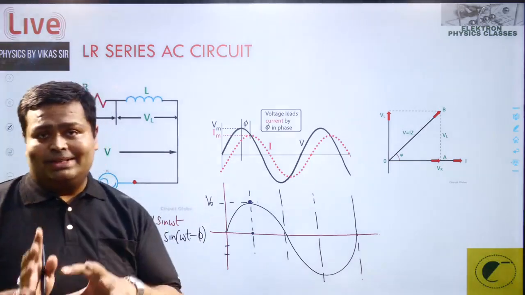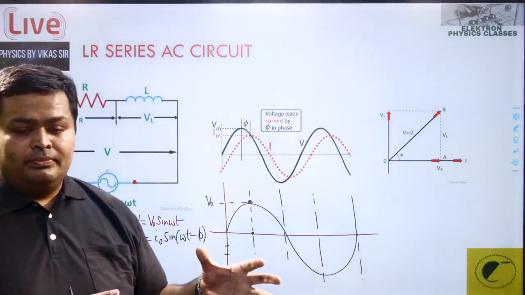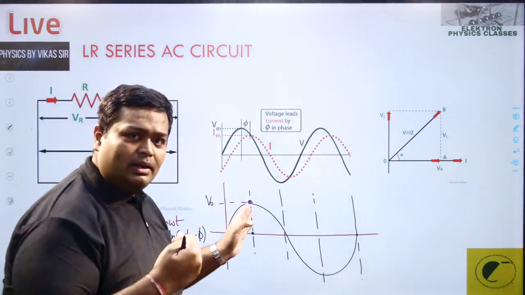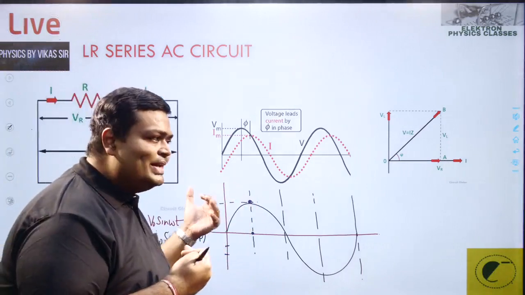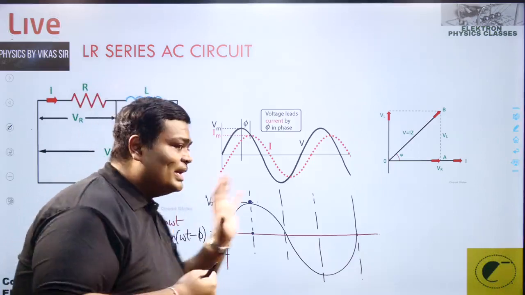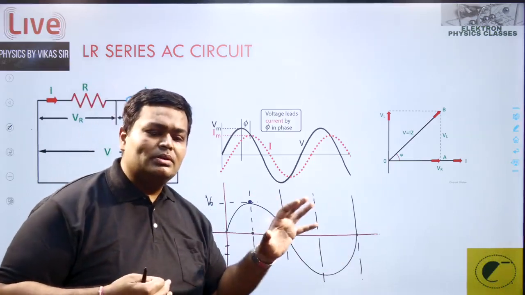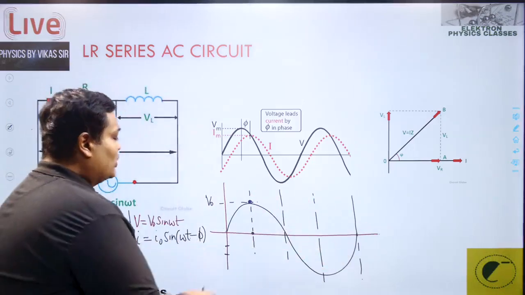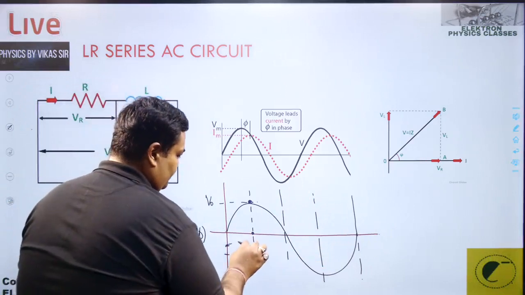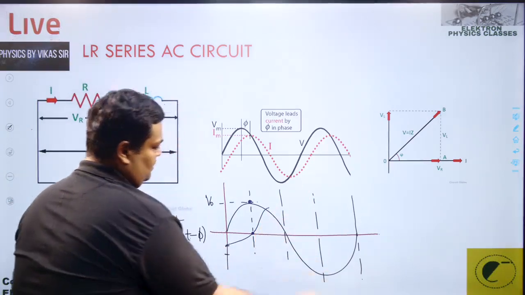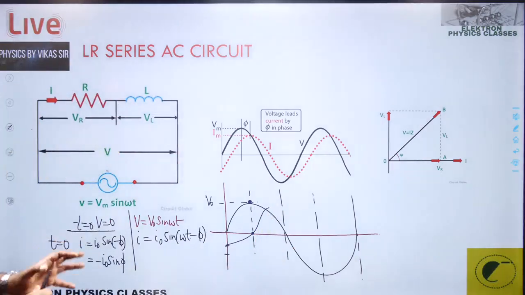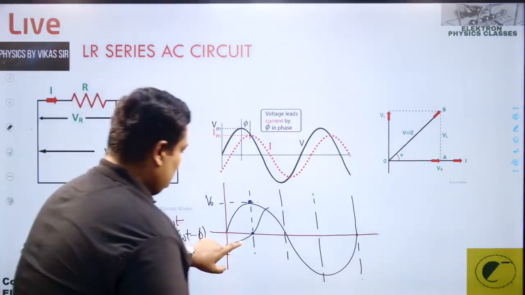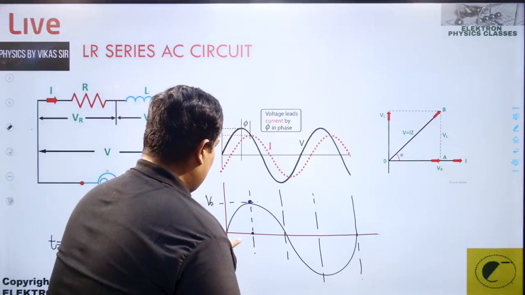So how do we interpret the lagging and the leading? See, whosoever peak is occurring earlier will be leading. And the peak of this is occurring later, so it will be lagging. Who? The current. And that's the way you can construct the graph. So like this. The peak is occurring later. It will be constructed again.